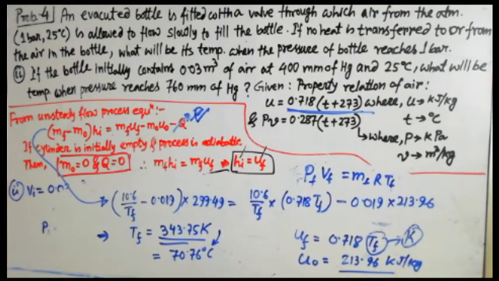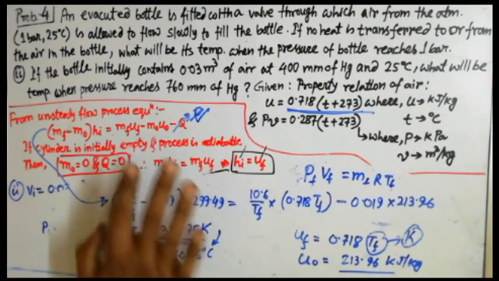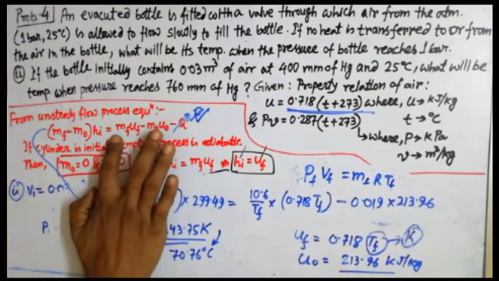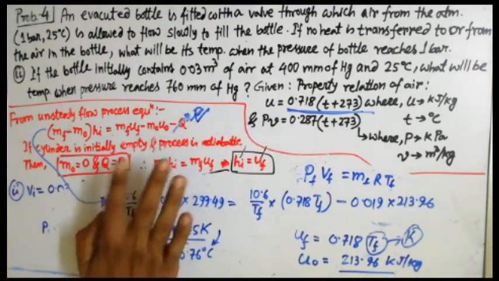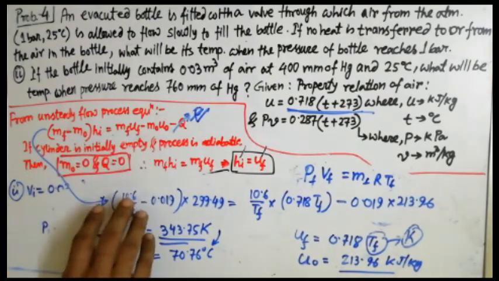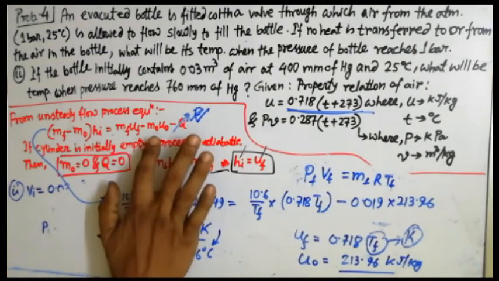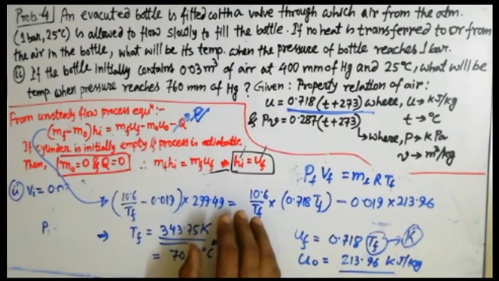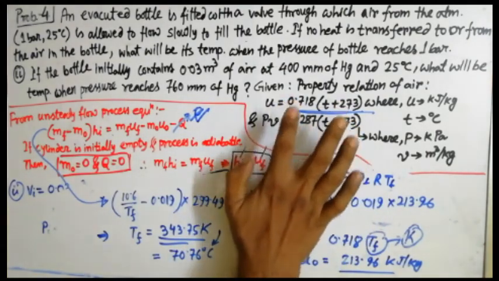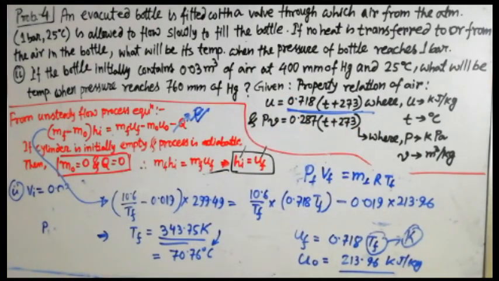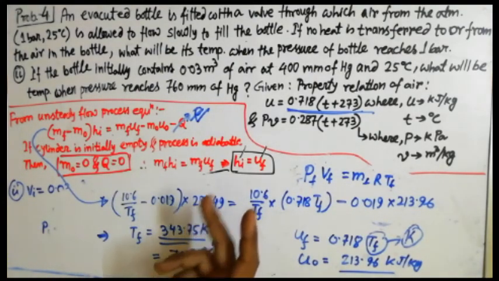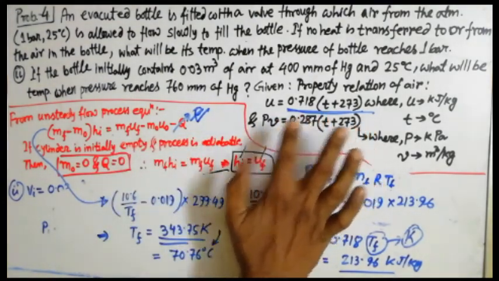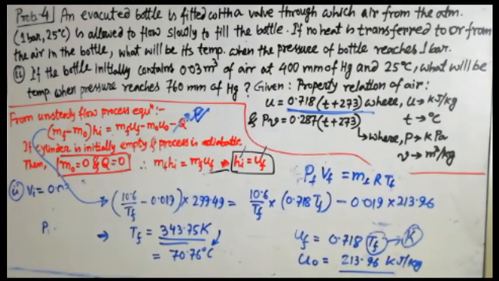Okay, in the second part we haven't done anything new, we are just using this particular equation where Q will not be there and the rest of the terms will be. That's why Mf and M0 should be found earlier, and Uf and U0 we are just finding using the same relation. So part 2 and part 1 are basically connected with each other, so you can use that same internal energy equation to find Uf and U0.